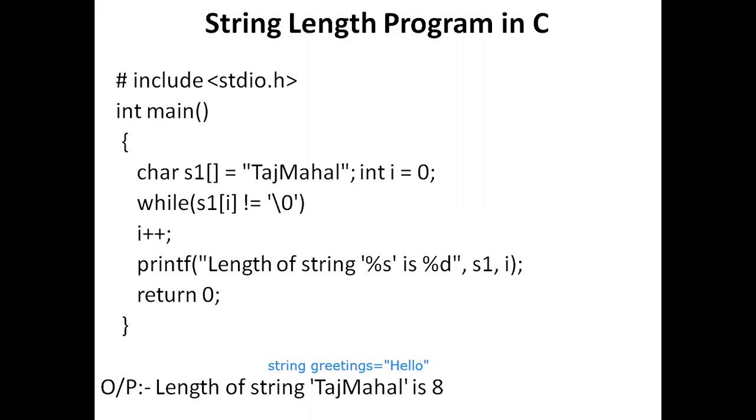printf("length of the string is %d"). See here, %d. Why am I using it? If I want to print any integer, I will use %d. If I want to print any character, I will use %c. If I want to print any float, that is a decimal-pointed number like 10.50, 10.53, I will use %f. So for printing different variables, I will use different notations.